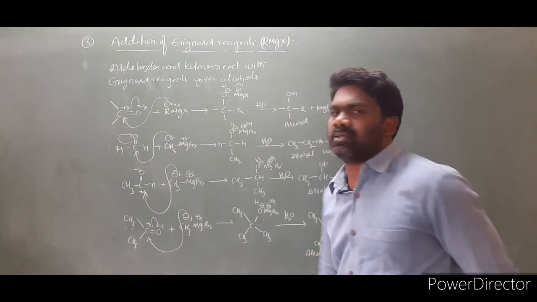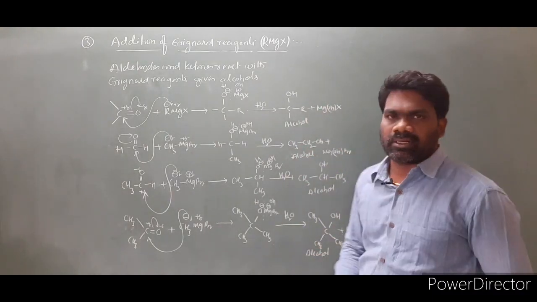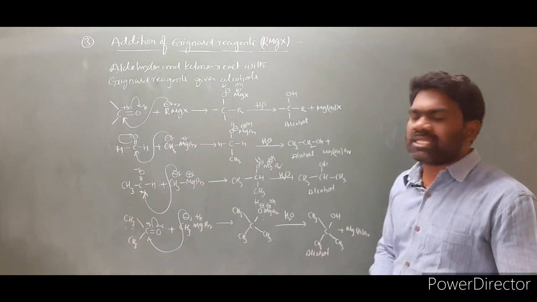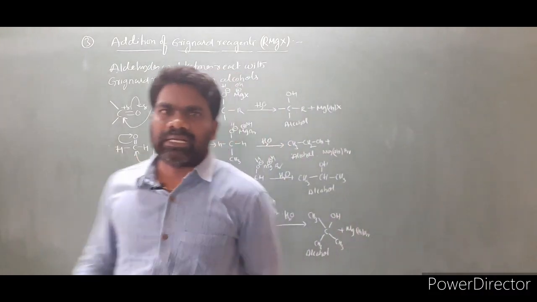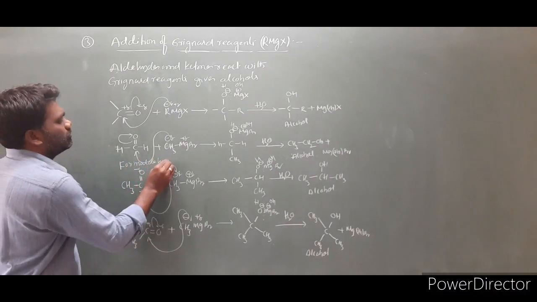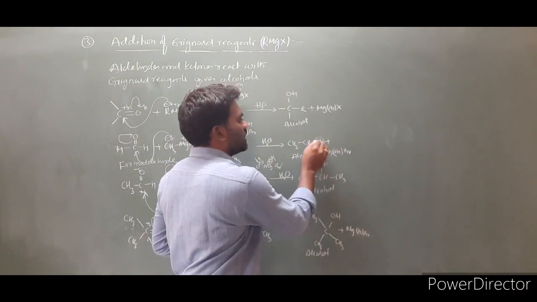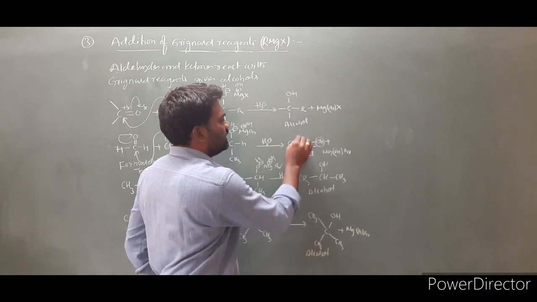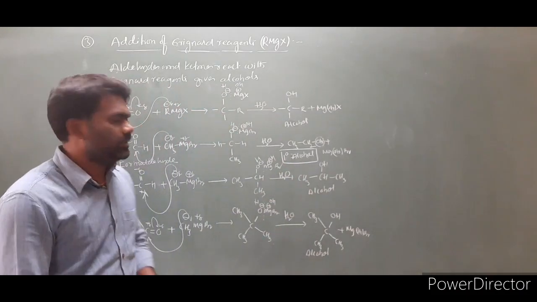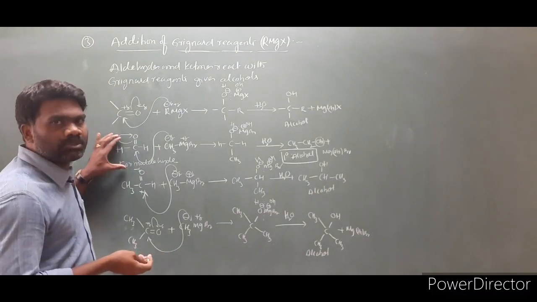The product is alcohol. Now an important point I want to tell you here is that in all the cases we got alcohols, no doubt at all. In this case alcohol we got, this case alcohol we got, this case also we got alcohol. One major difference is if you take formaldehyde, the alcohol is CH3CH2OH. The OH-attached carbon is attached directly to only one carbon. This is a primary alcohol.